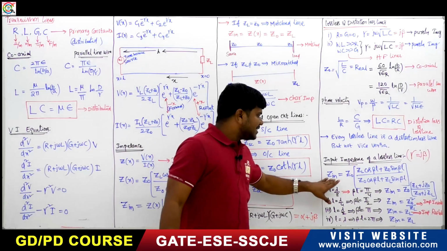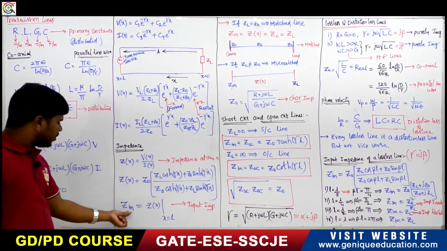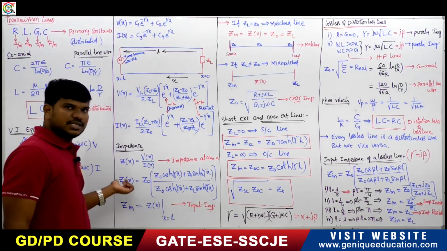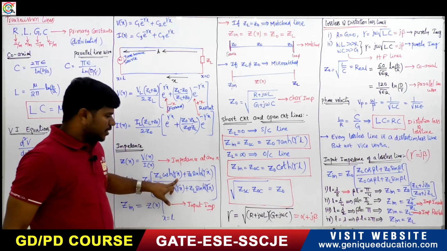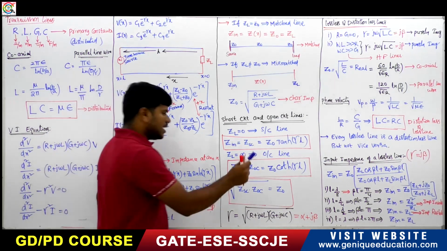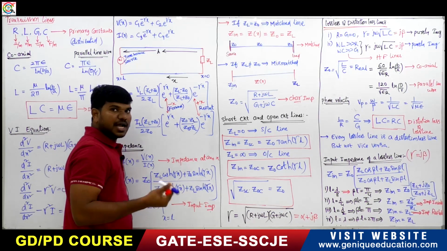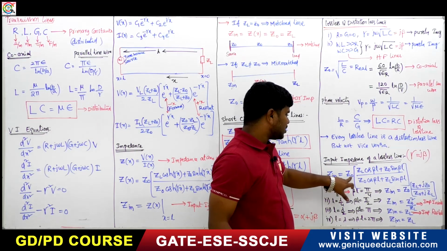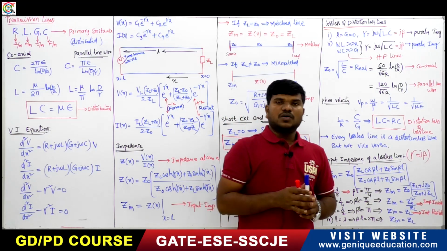Suppose you want to write the Zin of a lossless line, the input impedance of a lossless line. Already you know, input impedance is Z of x at x equals L. Suppose in place of gamma you write j beta, and x equals L, because I am writing the input impedance. Input impedance means there must be x equals L, and gamma equals j beta, because I am talking about the lossless line. So you will get the expression like this: Zin equals Z0 times ZL cos beta L plus j Z0 sin beta L,